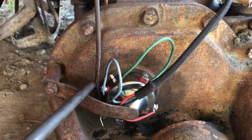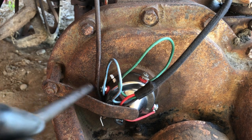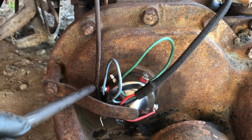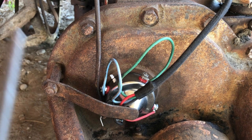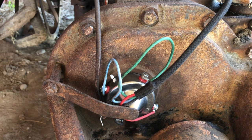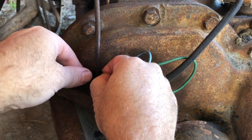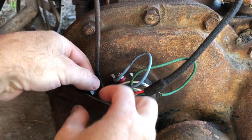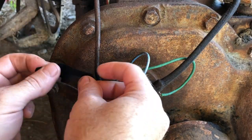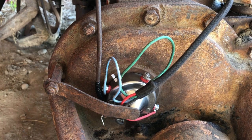So, what I think I'll do is put some sort of insulating material on. I guess the rod would be the easiest one to do it, just to be safe. That way we don't accidentally ground out the system. Rather than overthink this situation, I'm just going to put some electrical tape on this rod for now. Don't grade me on appearance here on this one. All right. We're happy with